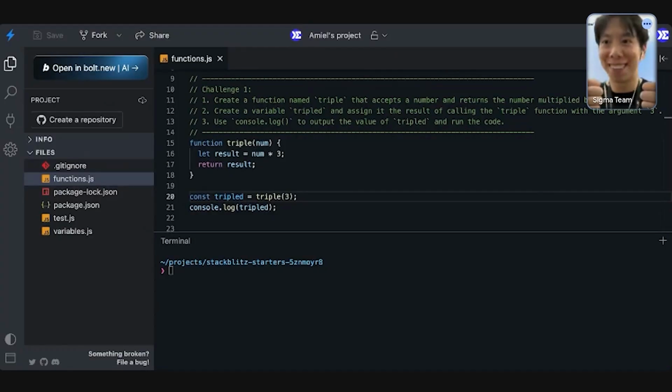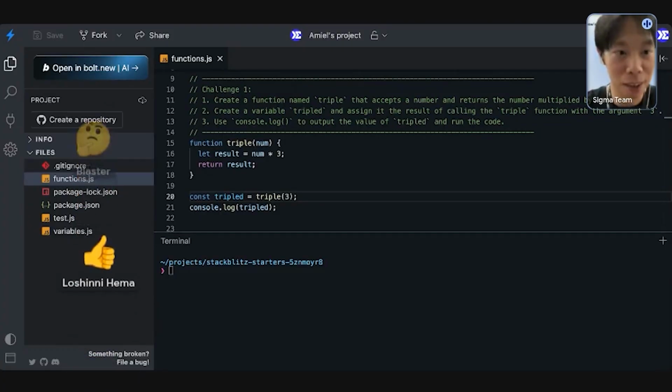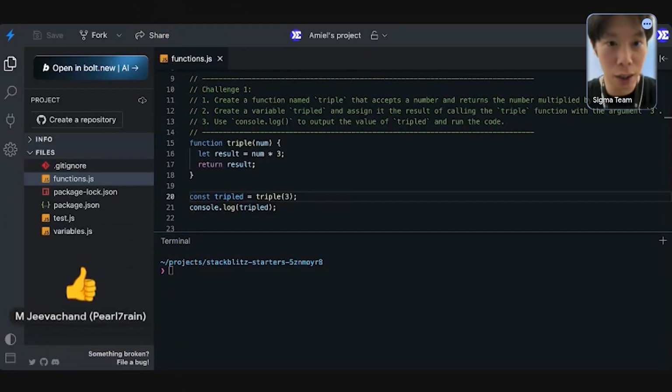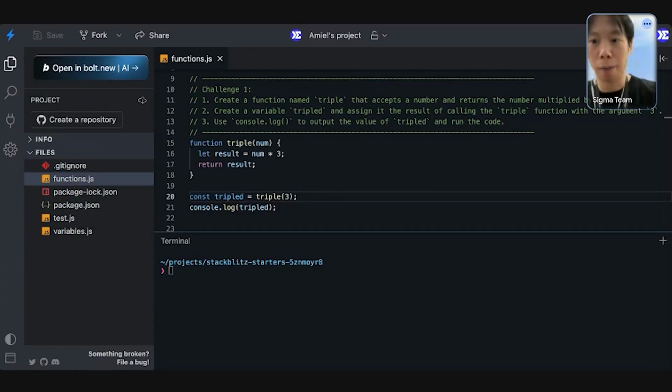Does that make sense? Is everyone clear? Everyone followed along? Give me a thumbs up. Blaster, confused face. If you have any questions, okay, Ramesh, Winnie, good. Okay, Lukman, good. I think that was Blaster. You were confused earlier, so you can type in the chat what you were confused about, or you can unmute if you want.